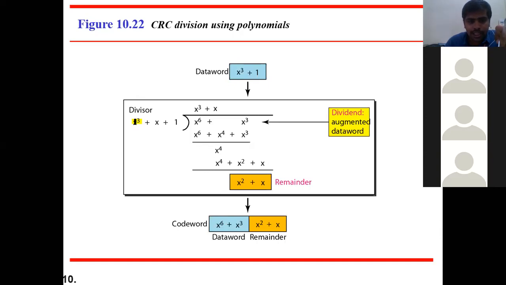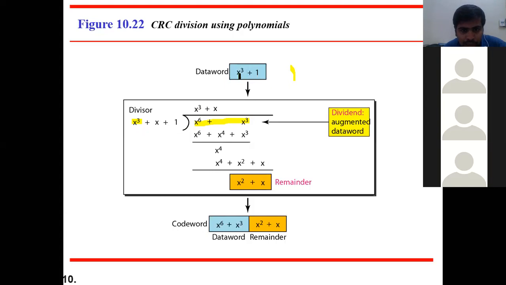So the highest coefficient in this divisor is how much? 3. Then x to the power 3 plus 1 into x cube. Can anybody tell me the result? X raised to 6 plus x cube. Yes, that is what you need to take as your data for the division operation. So that's what I have taken here. In between I have left some space so that it will be convenient later for the division operation, because once you modify, I may get an x4 bit here. That's why I have left some space and then written the x4.